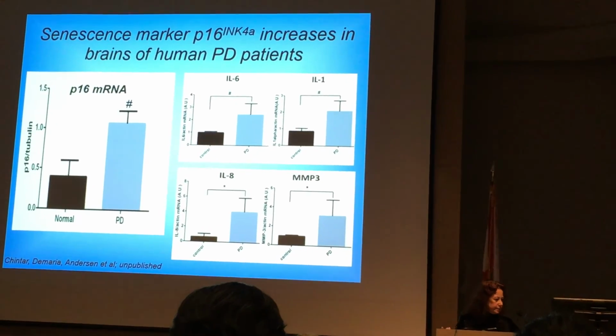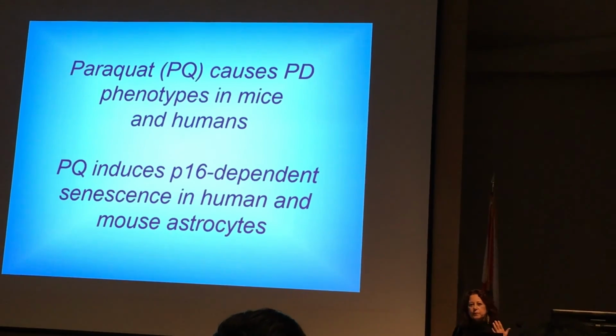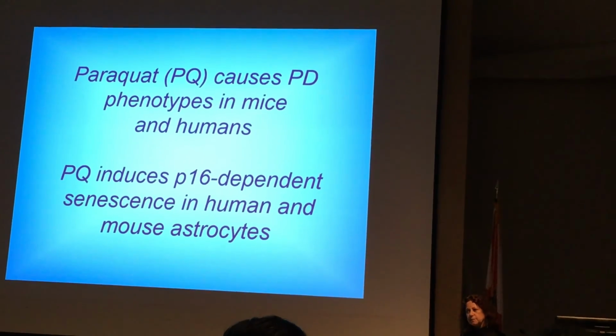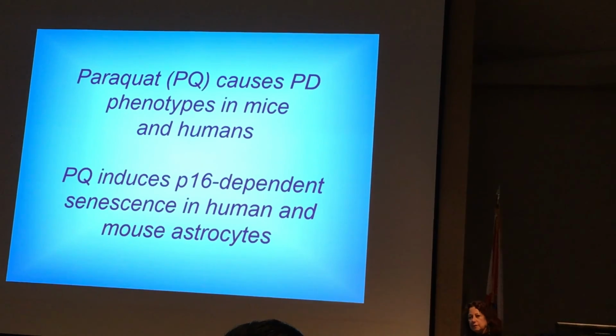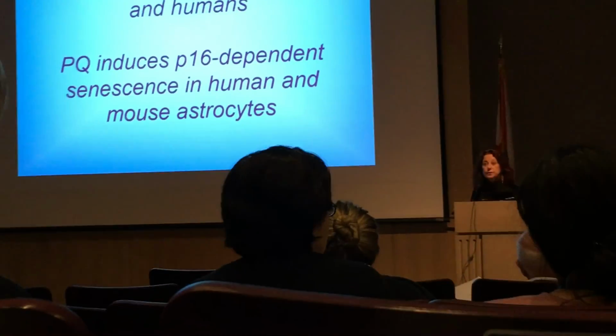So we can give a mouse Parkinson's disease by treating them with this herbicide, paraquat. It's known from human epidemiological studies that paraquat causes Parkinsonian symptoms in people. That's also true in